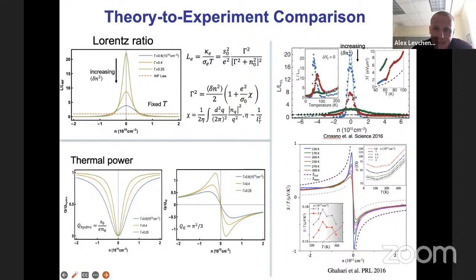Okay, so that's the same comparison, but for a bulk regime. This is theory for the Lorentz ratio. This is experiment from Philip. This would be the Mott formula, and this would also be compared to the Phillips experiment. And again, we expect to see this enhanced and anomalous thermoelectric effect.